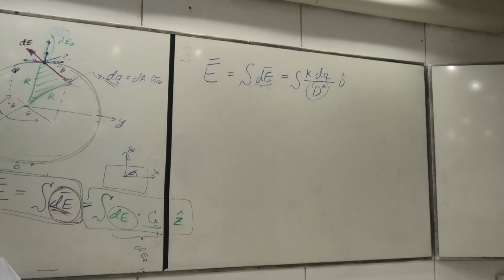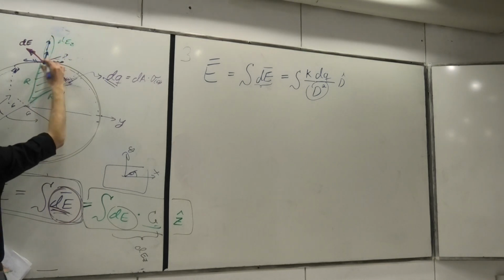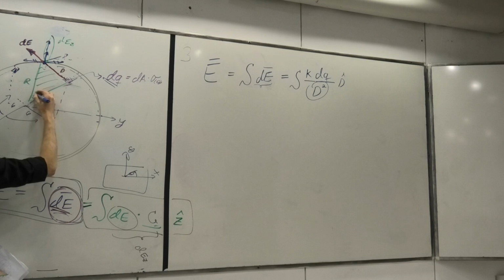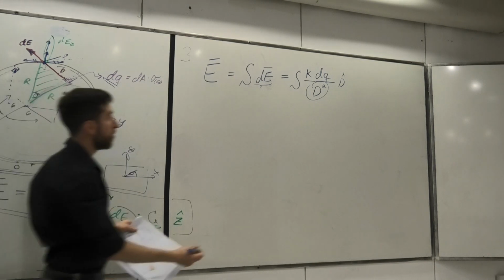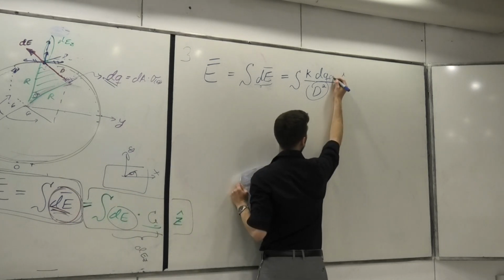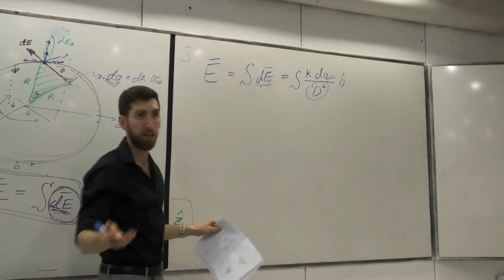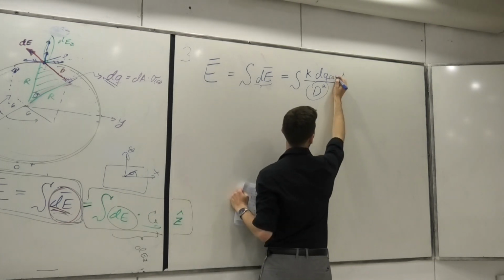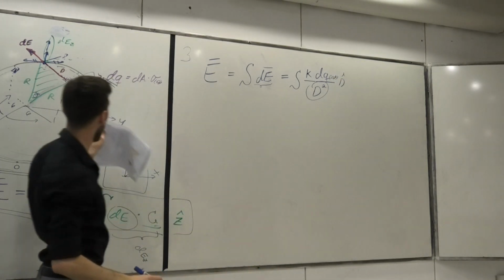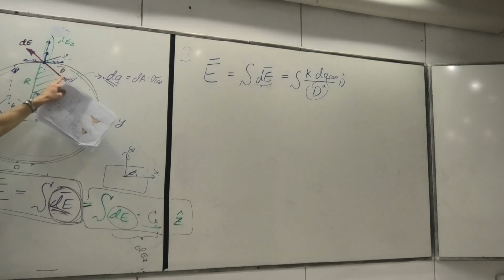If this is dE, let's call this angle theta. Where is the specific charge? The charge is a function of what? Theta and phi. Agree? Phi and theta. This is the charge, where it's located, right? And also d